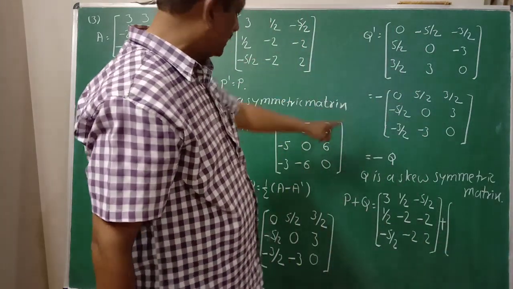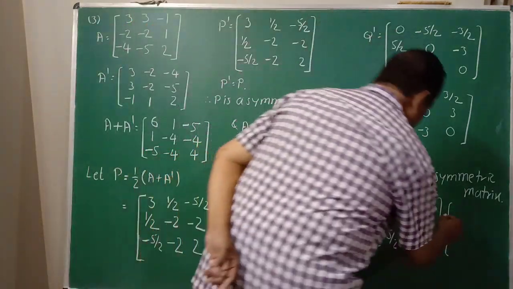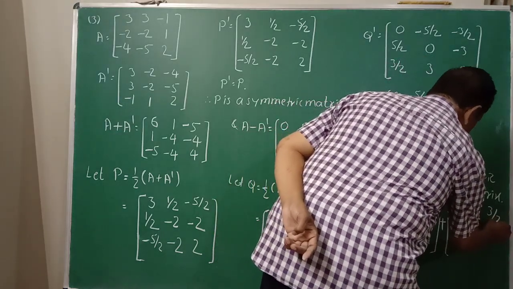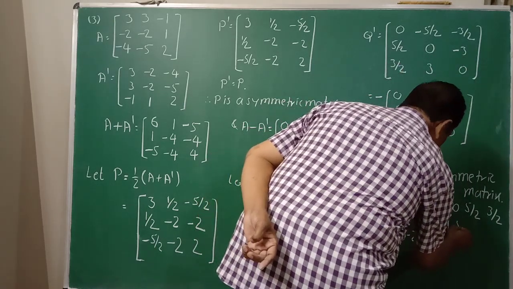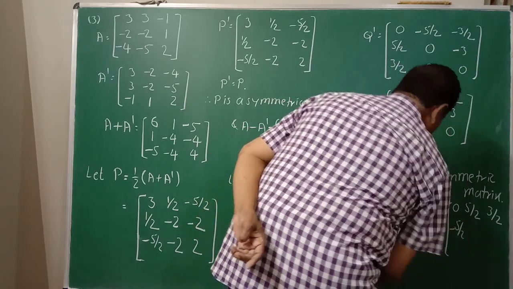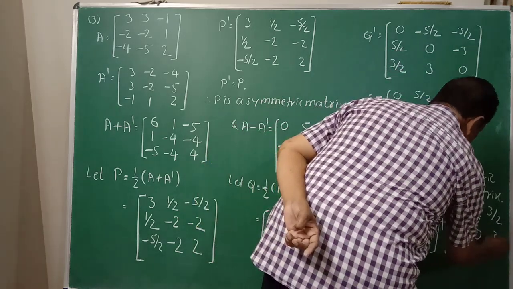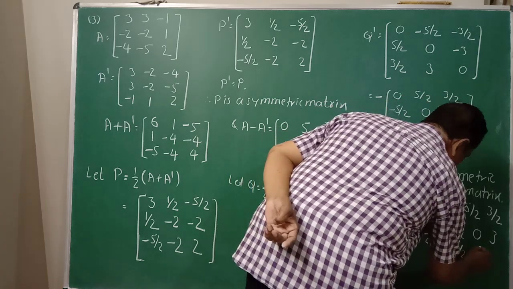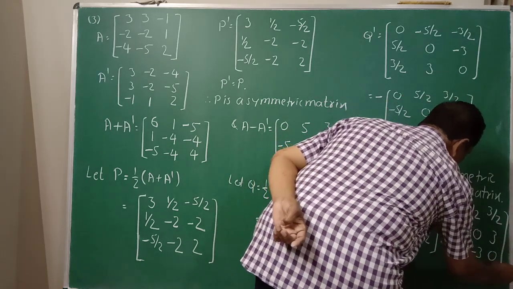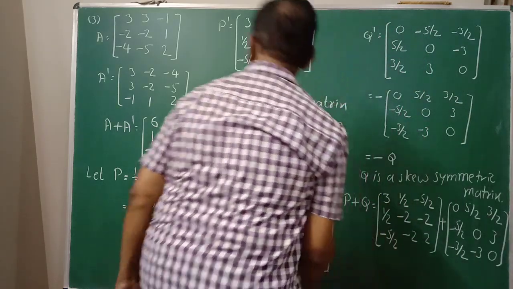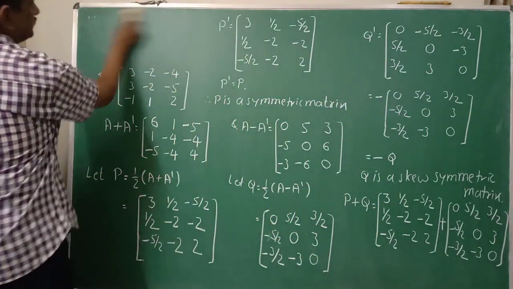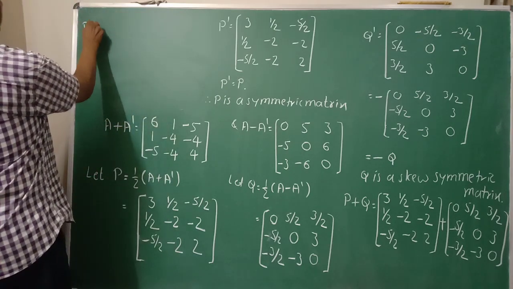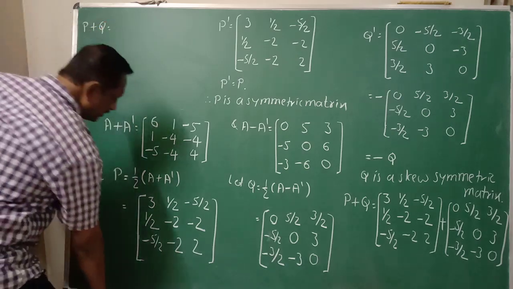Then matrix Q is this here, this one. Therefore 0, 5 by 2 and 3 by 2 here. Then minus 5 by 2. Minus here, minus 5 by 2. Then 0 and 3. Then minus 3 by 2 here. Then minus of 3 and 0. Now add the terms here. Okay, I am writing here. Therefore, P plus Q here. P plus Q is equal to,